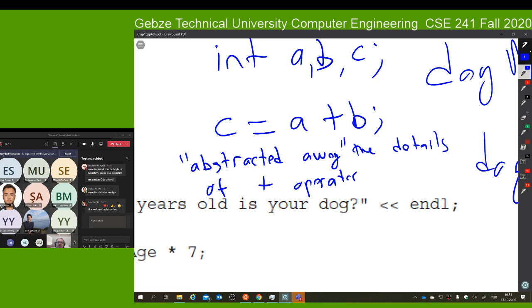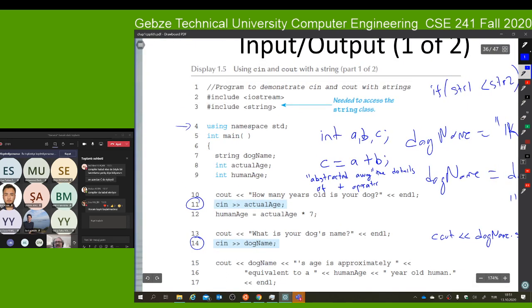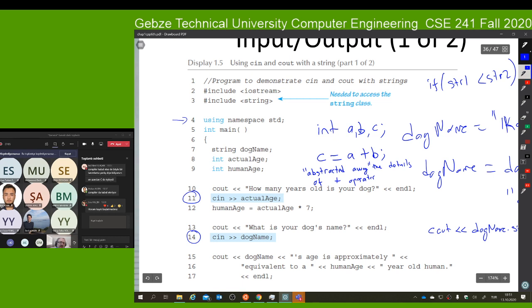So in object-oriented programming languages, our main task is writing these kind of nice classes like a string class or integer class or double class. And after we are done writing those classes, the users of our classes will not know the details of how the things are done. But as a customer, they will say that I can use them in any way I like, this is easy to use. This is what's going to be our task for the whole semester, writing nice new types so that our customers can use them